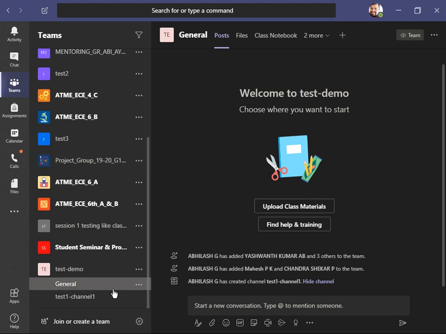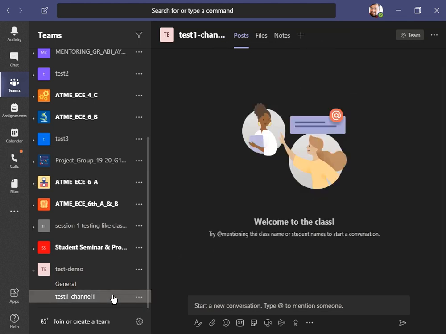So the next thing that would be important for us is scheduling a class, scheduling a specific lecture for one particular class, and carrying out that class as such. So let's look at how you can actually schedule a class. So the easiest way to schedule a class is you specifically go to the channel or the group for which you intend to take a class, and in the conversation tab below you have different options.